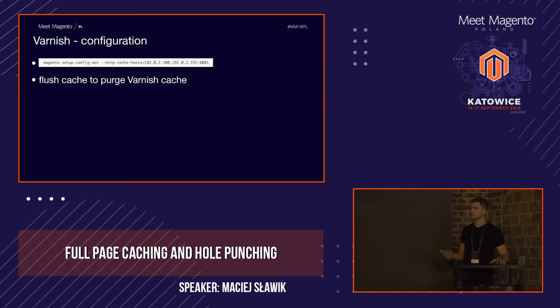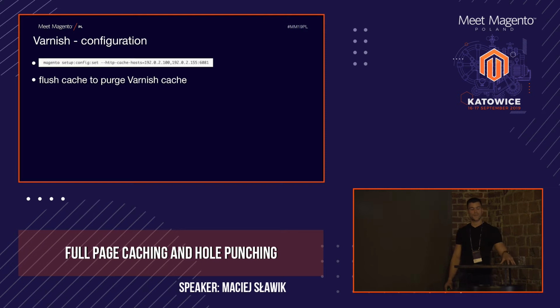What are the specifics of Varnish in Magento 2? By default, in Magento, only GET and HEAD requests are stored in the full page cache. So POST requests are not stored in full page cache, and PUT requests aren't either. And the second part is that Magento uses the Magento Vary cookie as the second part of the caching key